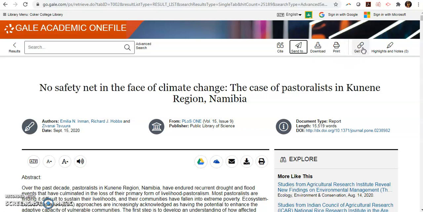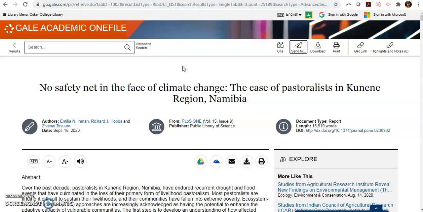Now the permanent link is extremely important, especially if you aren't going to actually email this information to yourself, or if you're just copying links to get back to articles. You will always want to use the permanent link to get back to the article and not the URL up here. This URL becomes trash once you actually cancel out of the browser. So once you actually cancel out of this, you're done with it. If you copied and pasted this URL,